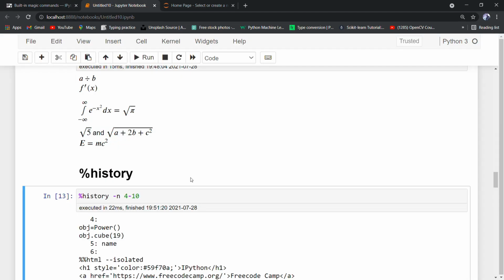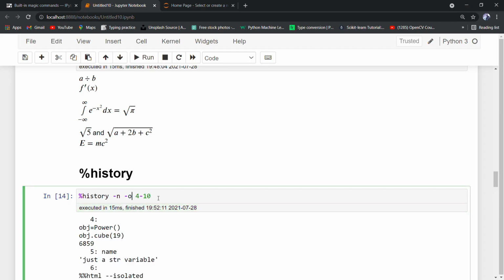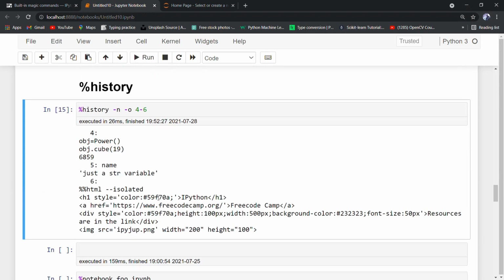So let's see -o. So let's make the range small, say from 6. So here we can see the input and the output.